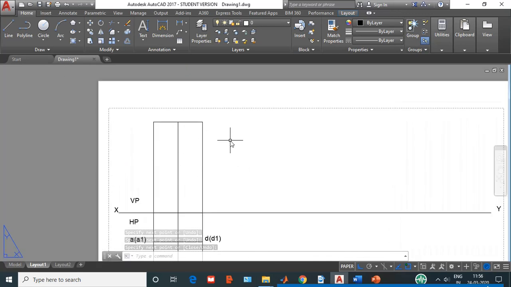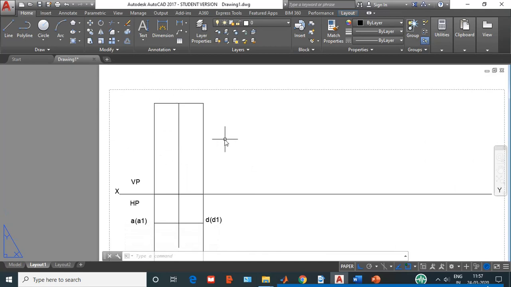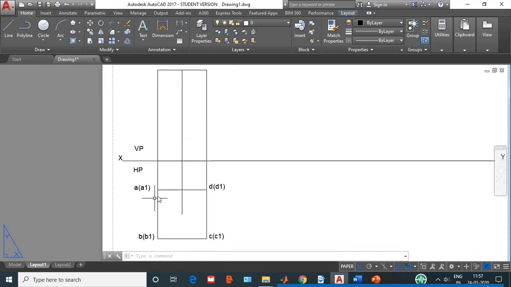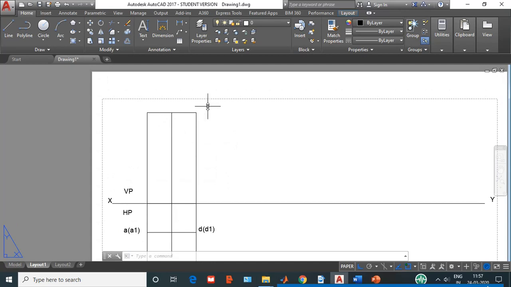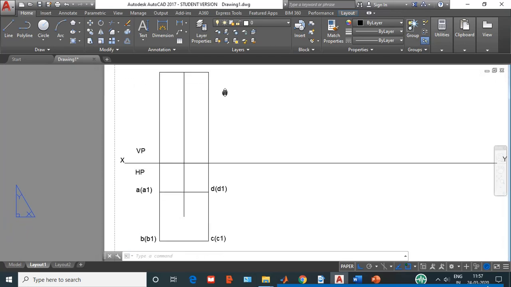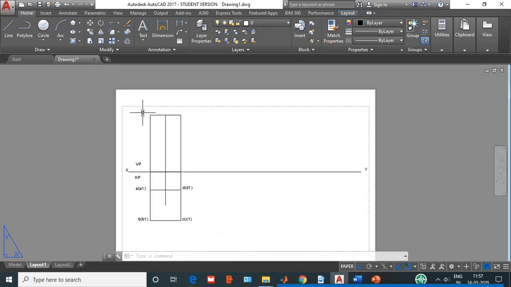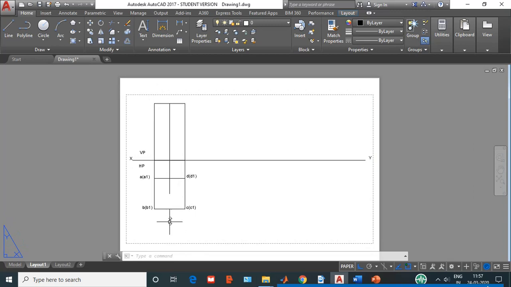Now I need to do the namings for this. The namings in the front view. Just look here, it's very simple. First let me name the top face. What are the top face namings in the top view? Top face namings are A, B, C and D. These same namings I have to use in the front view with a dash, because you know that in the front view the names are used with a dash. A and B are over here, so I should be getting A dash and B dash. Now because the observer is looking from here, to him B and C will be visible whereas A and D will be hidden.